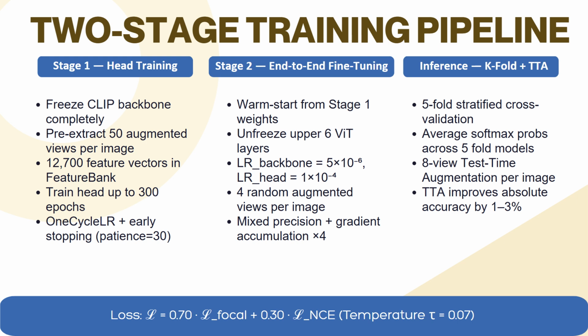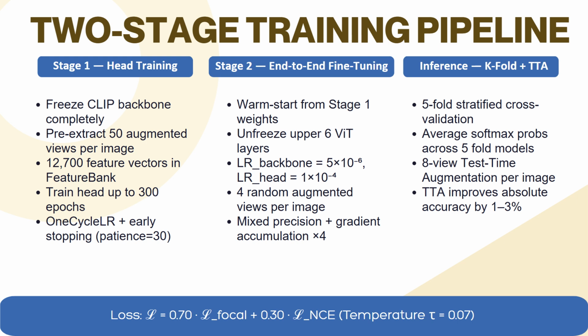So next is our 2-stage training pipeline. In stage 1, we freeze the CLIP backbone entirely and pre-extract features for 50 augmented views of each training image. This creates our feature bank of 12,700 vectors. We then train only the classification head for up to 300 epochs with 1-cycle LR scheduling and early stopping at